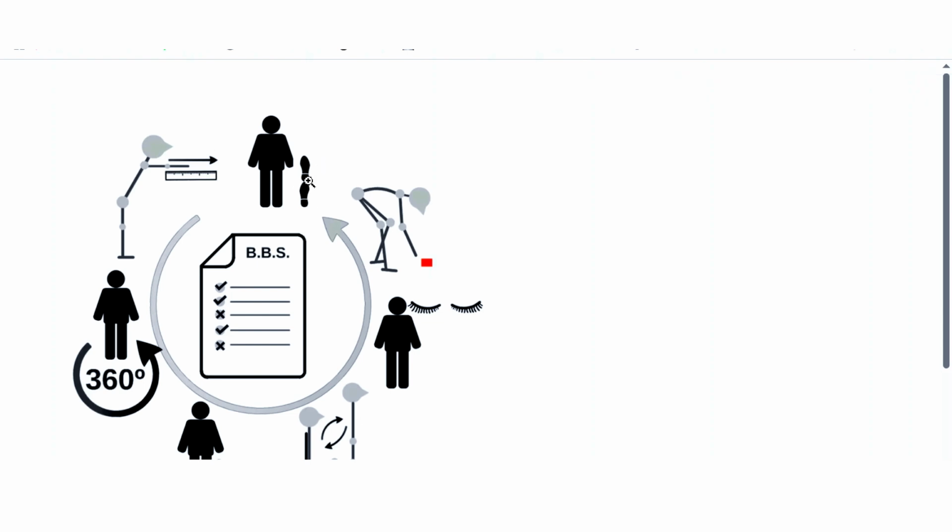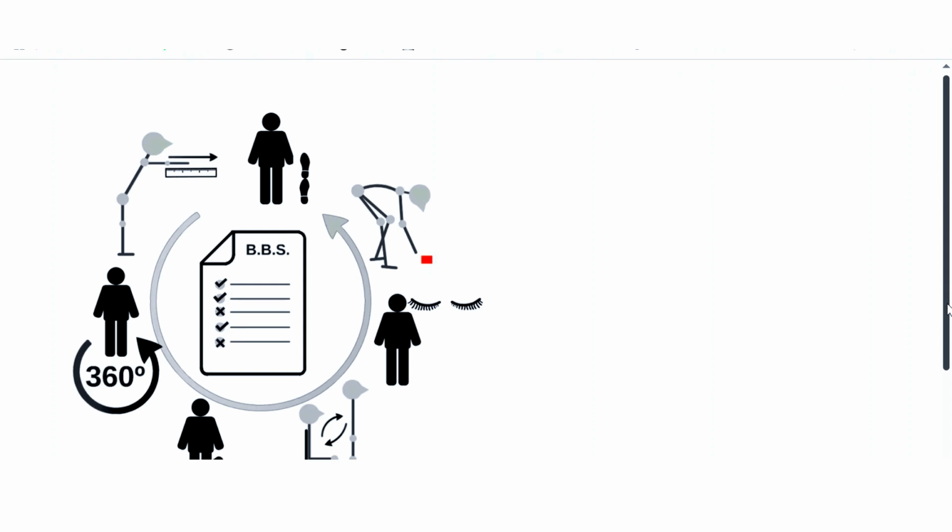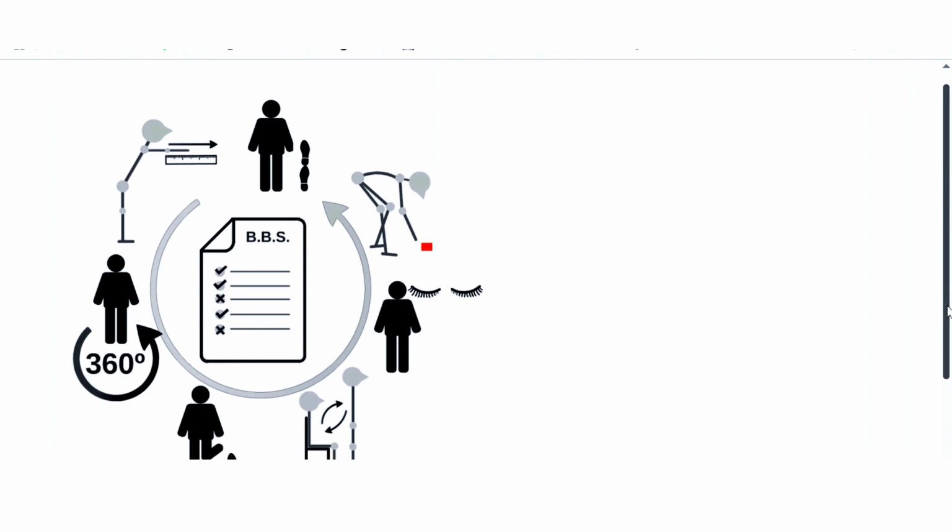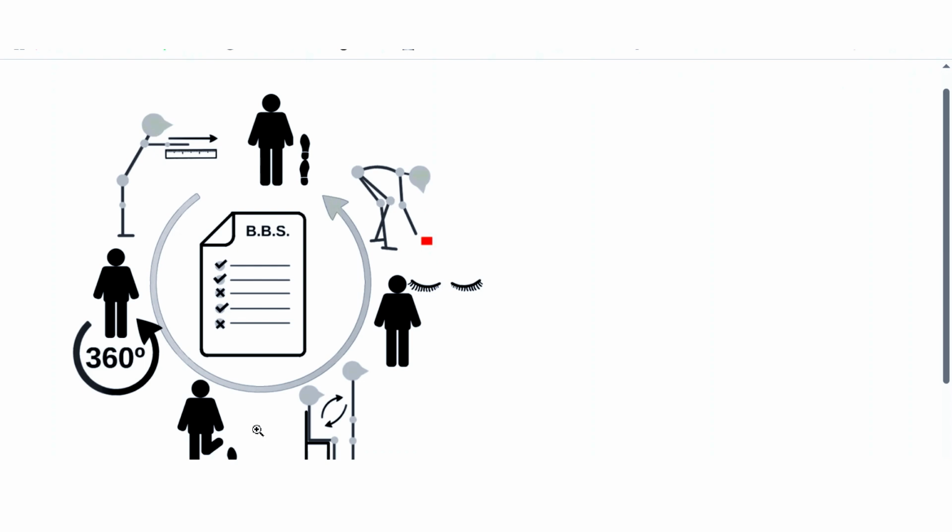This is where you can see the two feet in front of each other. This is how you can pick up an object. This is how you can stand with eyes closed. This is how sit to stand, stand to sit. This shows one leg up. This shows the 360-degree turn, and this shows the overstretch of the hand or reaching forward step. So majorly these are some of the components. There are many others as we have discussed before. I hope you have understood all of those.